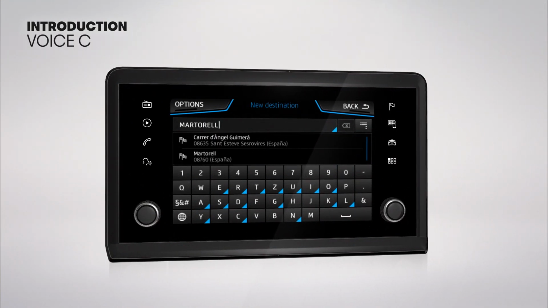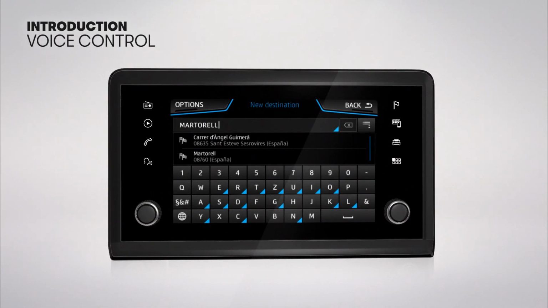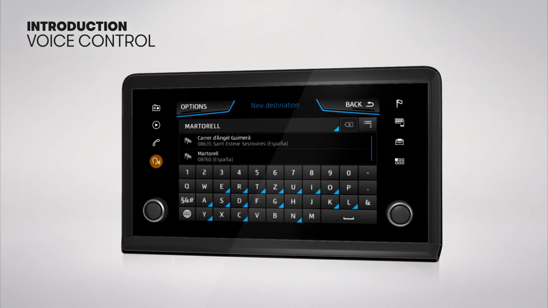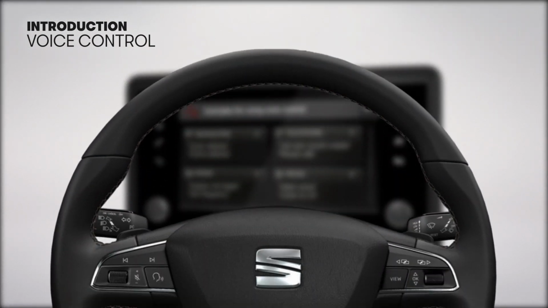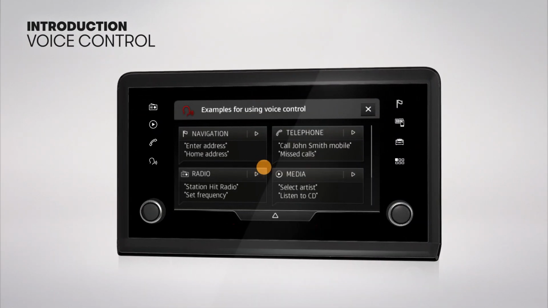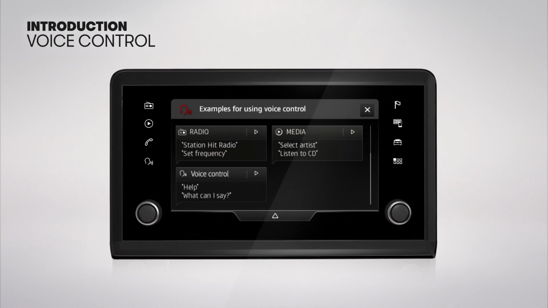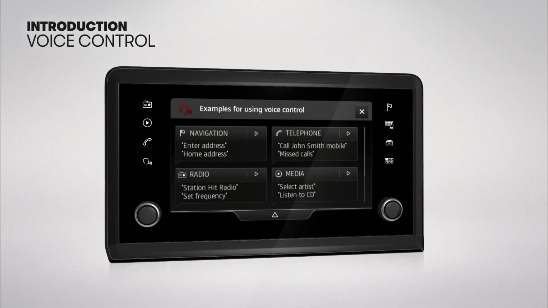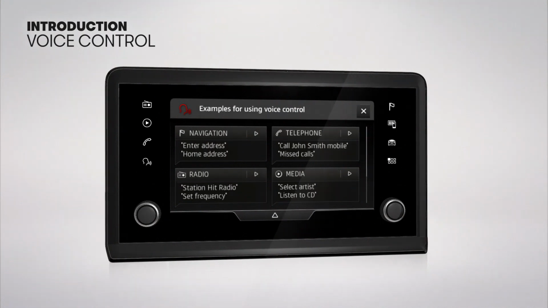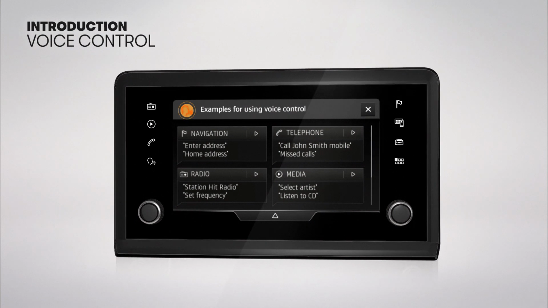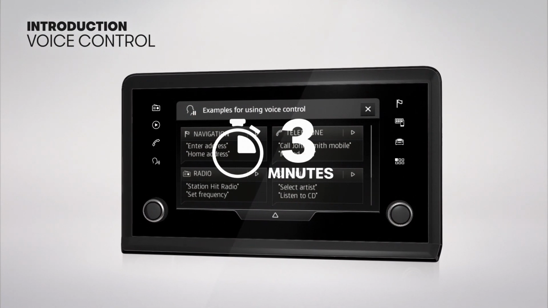Voice control. Many radio, media, phone, and navigation functions can be activated using voice commands. These are activated by pressing the corresponding button on the multifunction steering wheel. An ascending acoustic signal will be heard, and a main command menu will be displayed. The system will only recognize a command when the corresponding symbol is displayed as active on the display or touchscreen, and in the language selected in system settings. When entering the corresponding symbol, it can be paused for a maximum of 3 minutes.